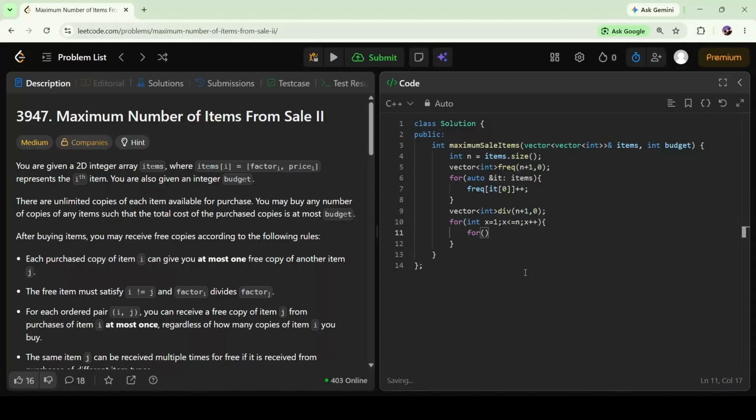Now again a for loop, int multiples as x, and multiple lesser than equal to n, and multiple plus plus, not again plus plus, it will plus equal to x, right? So our divisible of x plus equal to frequency of multiple, right? This is done. Now, as I told you, we need an array to store the price and number of free